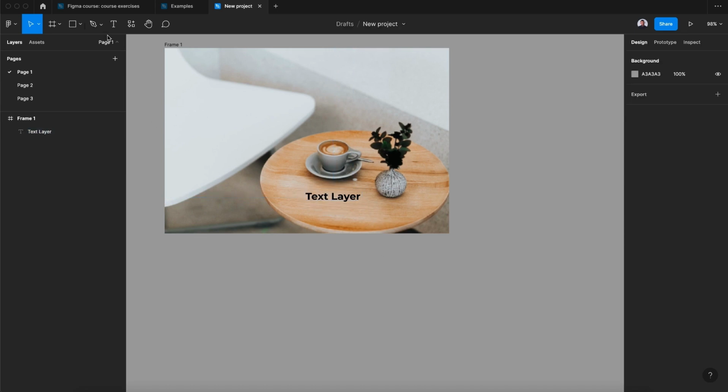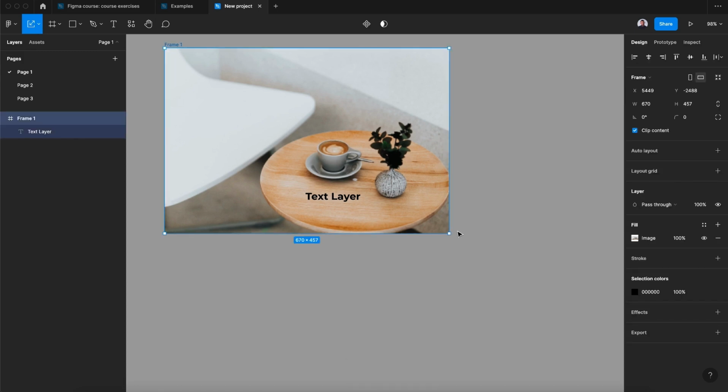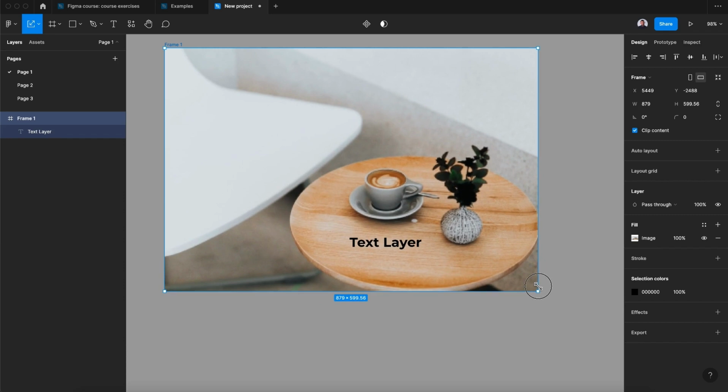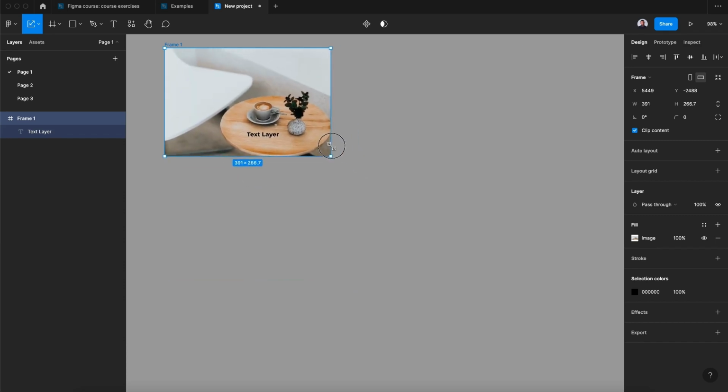So let's go to the move tool and hit this arrow and pick the scale tool, or you can use the K key, pick the scale tool. Now select our frame and click and drag, and as you can see, our content will scale up and down